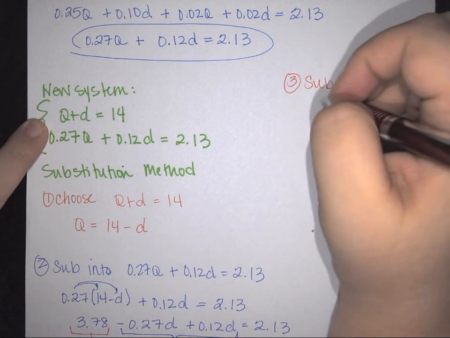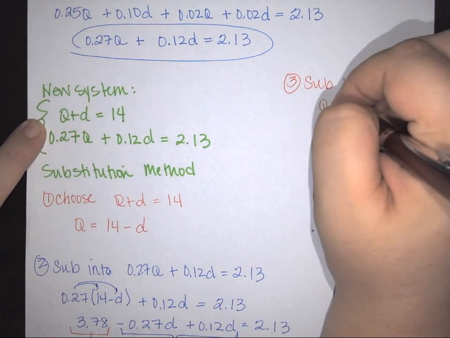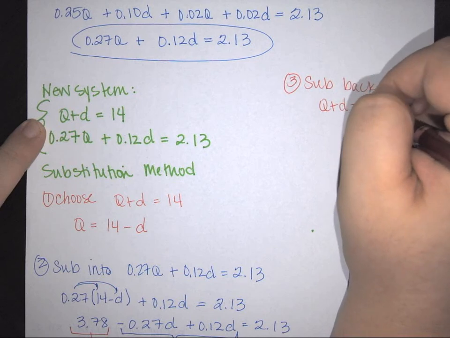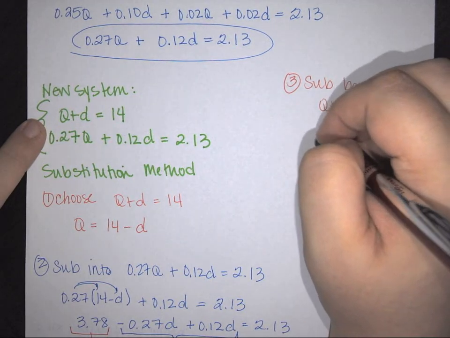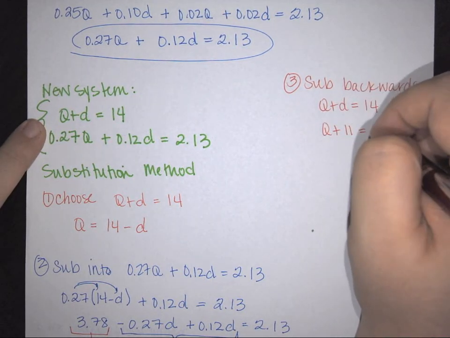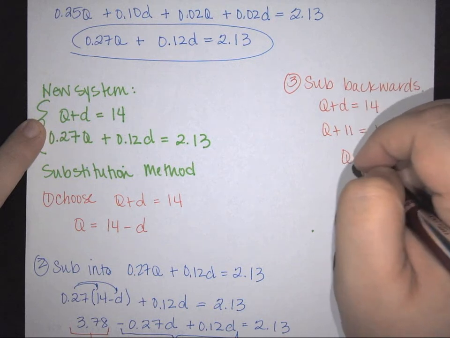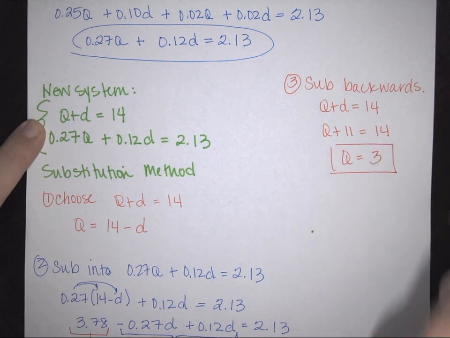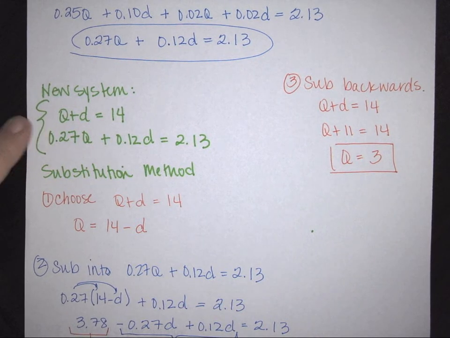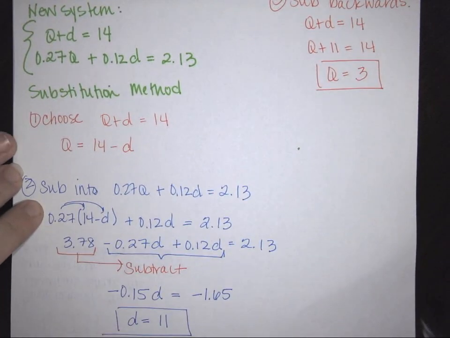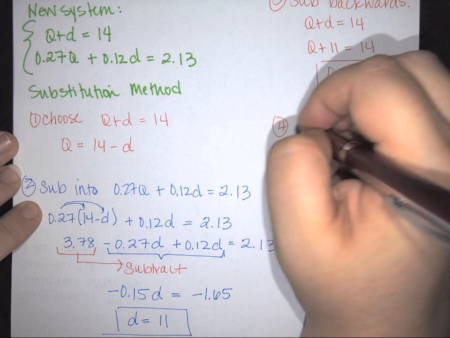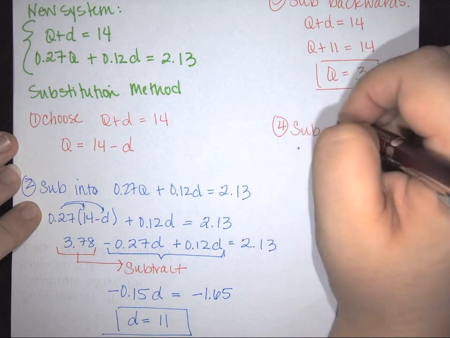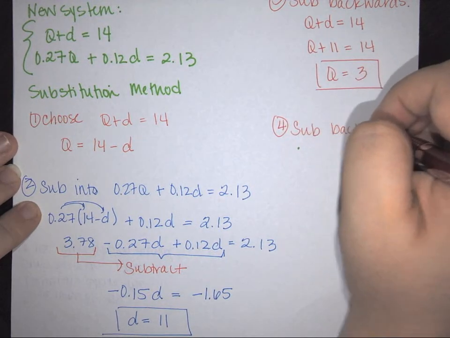So I'm going to substitute into q plus d equals 14. So here this is q plus 11 equals 14. So q equals 3 is my second. And then the last thing I have to do is, again, I have to substitute backwards one more time,